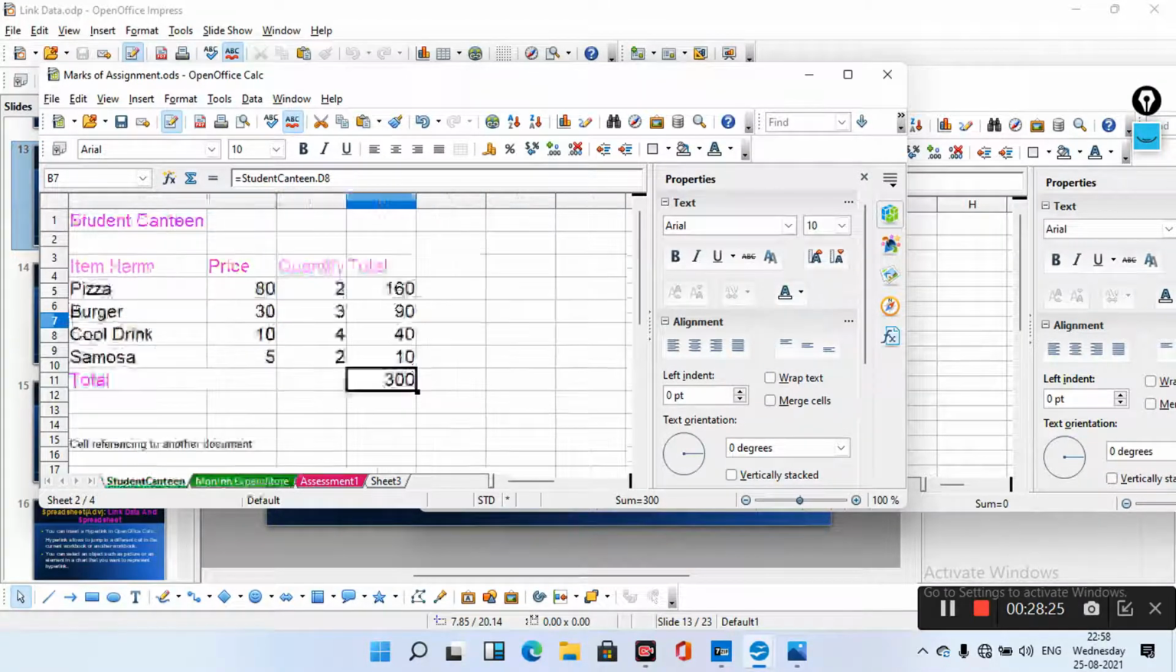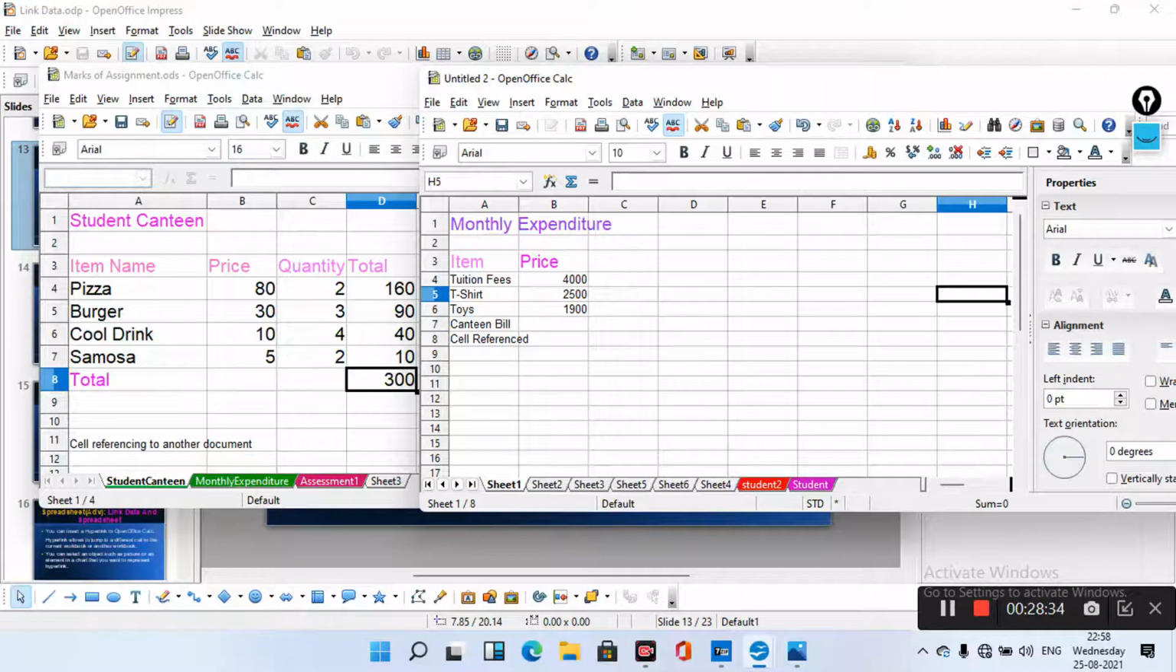If you want this amount to be a reference to another worksheet, how? Now we have seen reference within a sheet and we will see reference outside the sheet. Click on this sheet. This is a separate sheet, untitled sheet. Give the equal to here in the monthly expenditure of this sheet, and we have to go to this sheet, that is the canteen sheet, and we have to select